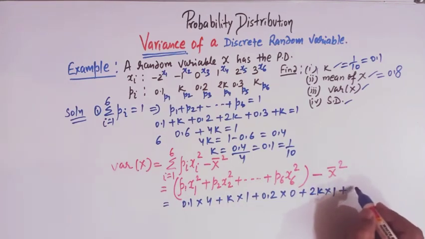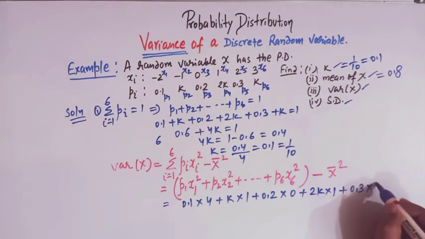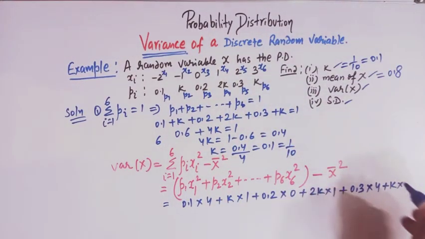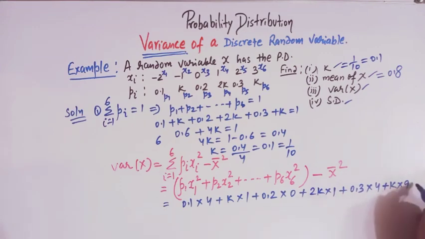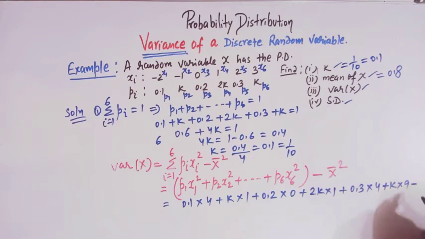Then we have 0.3 times 2 square, that is 4. And then we have k times 3 square, that is 9. And here we have minus x bar square. X bar square is